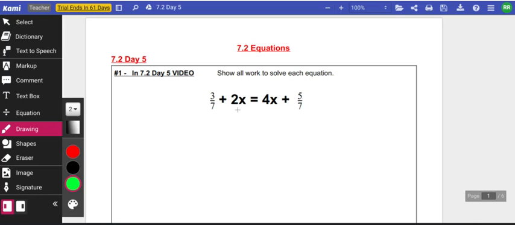I see there are fractions in this equation, and so I want to multiply both sides of my equation by some number so that my fractions turn to integer terms. So I'm going to look at the denominators. These denominators are the same. This denominator is 7, and this denominator is 7. And so what I should do is multiply both sides of the equation by that denominator to turn the fractions